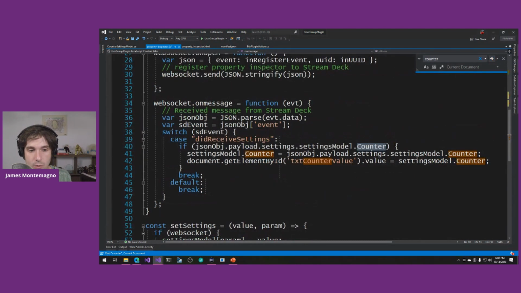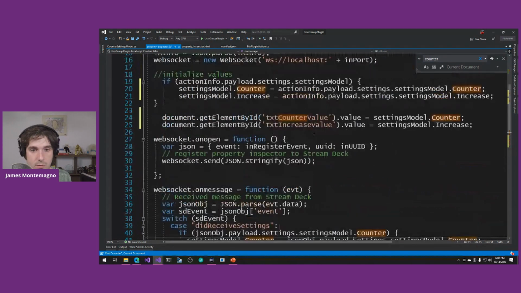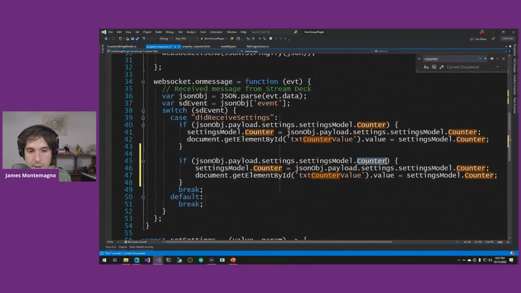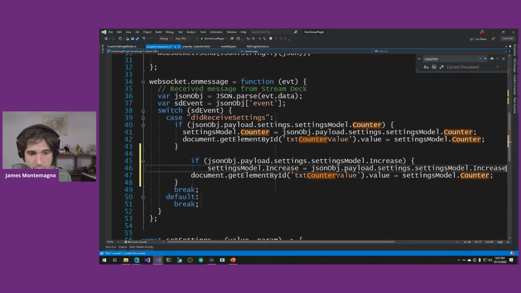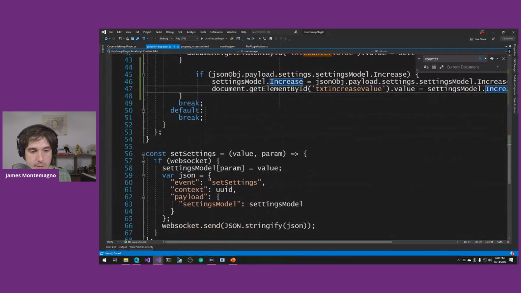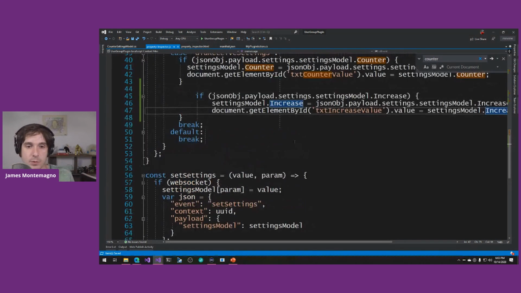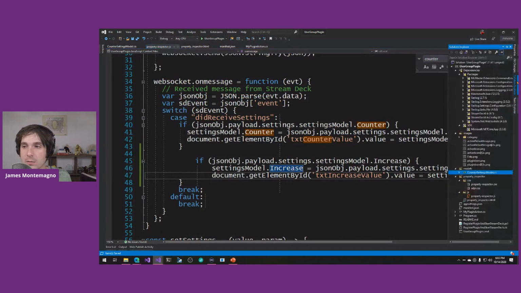Then we will go down here and say if it has the increase, let's go ahead and grab that counter again. If it has the counter setting, let's go ahead and parse that payload, set it into our number, and then we will grab that UI element and set the increase. And that's it. That's literally it, because the rest of the payload back and forth works exactly the same as we would expect. So now, if we